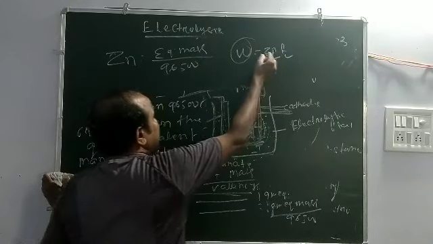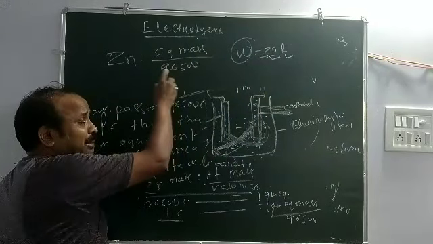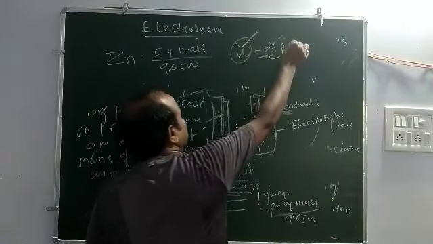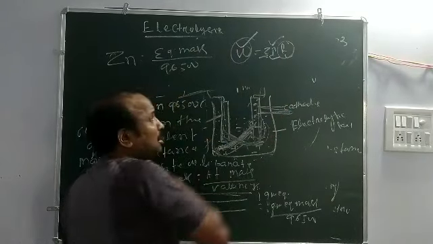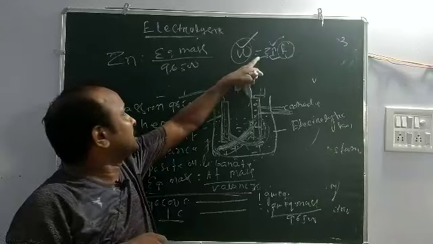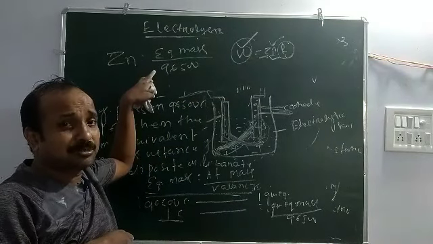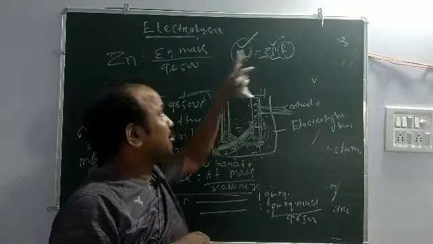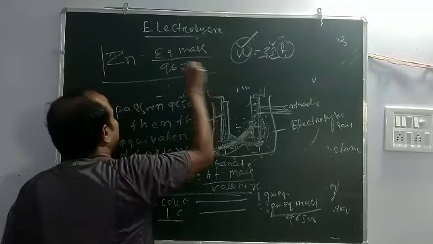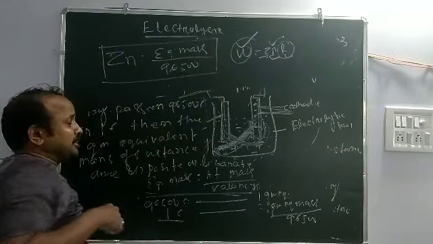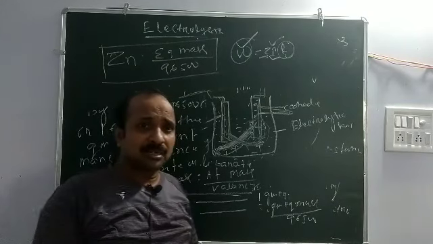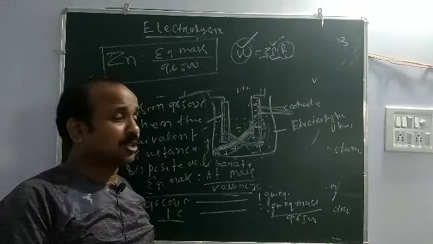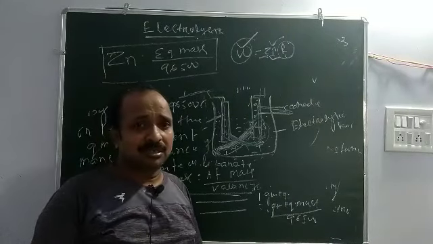Always, when I and T are given, to find the mass, what is the value of Z? You find the equivalent mass by 96500. If the current and the mass of substance are given and the time is required, we also put the value of Z, that is equivalent mass by 96500. The Z value is not given directly in the problem. So this is the most important formula to calculate problems using the first law of Faraday. In the next class, we will calculate some important problems on the basis of the first law of Faraday. Okay, thank you.